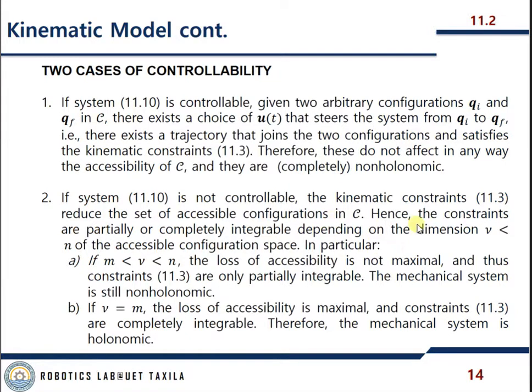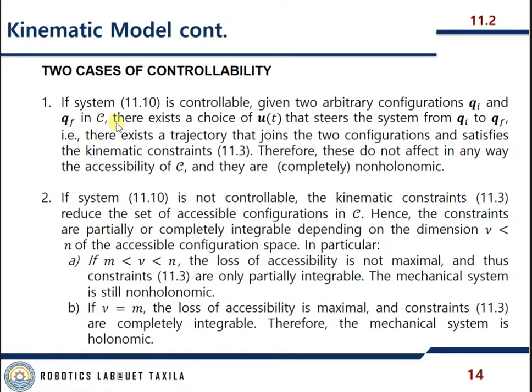In fact, two cases are possible for that kinematic model. So how do we analyze holonomy or non-holonomy of the system? Let's discuss both of the two cases. Number one, if the system 11.10 is controllable, given two arbitrary configurations, qi the initial state and qf the final state, in